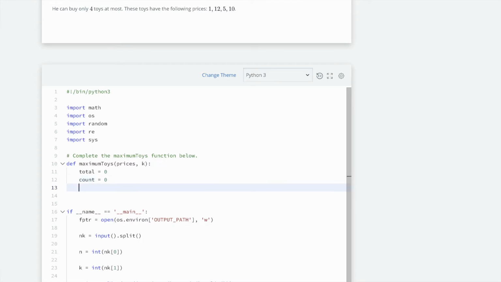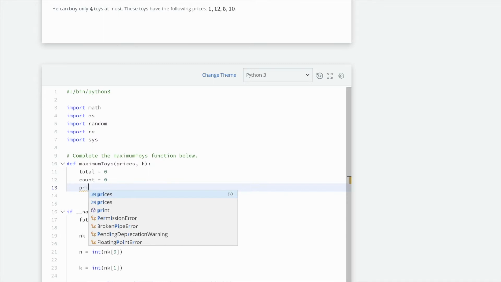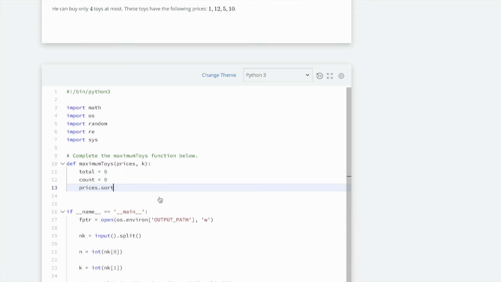So to facilitate our process, we first sort the items using the sort